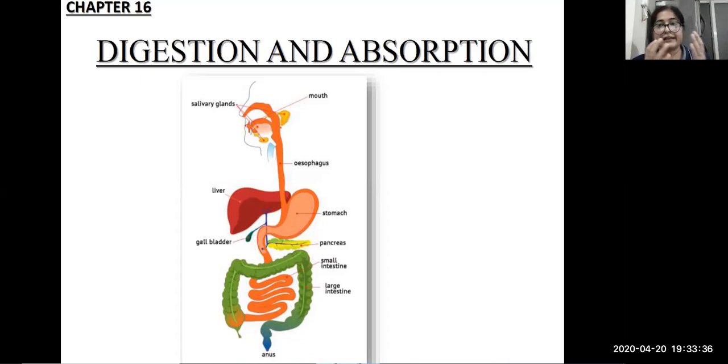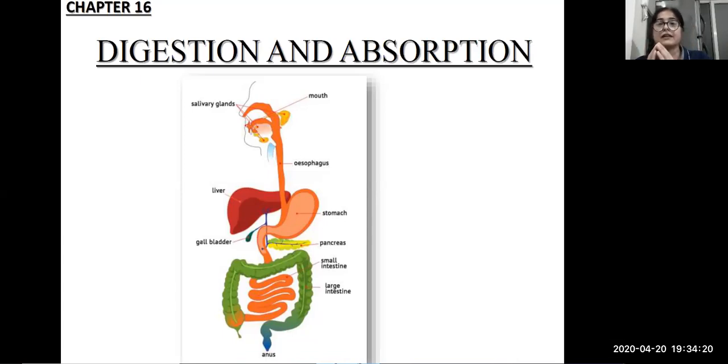And from this food we get the energy, and we take up this energy with the help of another process, that is respiration. Here we are focusing on intake of food. That process is known as ingestion, how we take in the food. And when we take up the food, it is not ready to be absorbed in the body. First this food is converted into its simple form. It is a very simple thing: the food we have eaten cannot be absorbed by our body in that form. Suppose we ate chapati, rice, and dal at lunch, they will not be absorbed directly in the body. First they have to be converted into their simple form.